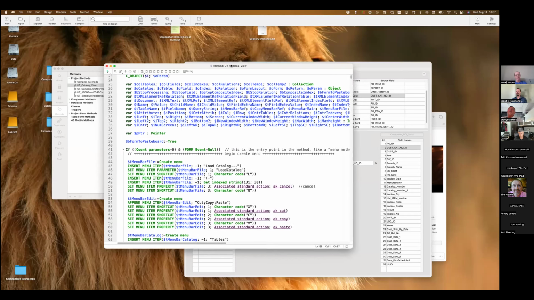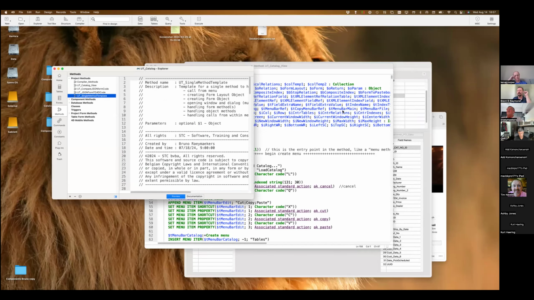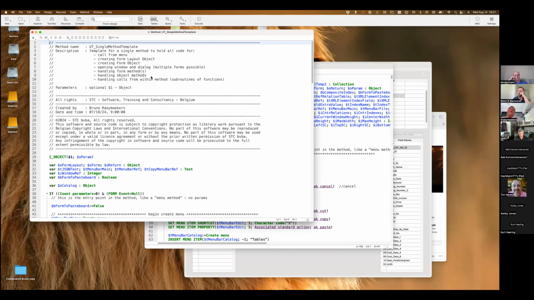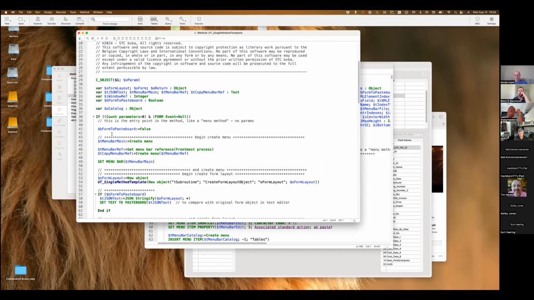Now I'm going to pull up another method that is basically just a template that you can use to come to this structure. Most of the code has been stripped here, but I'm going to walk quickly through the different cases when you run the method. The first thing I check is whether you call the method with a parameter or not, or if there is any form event being triggered.